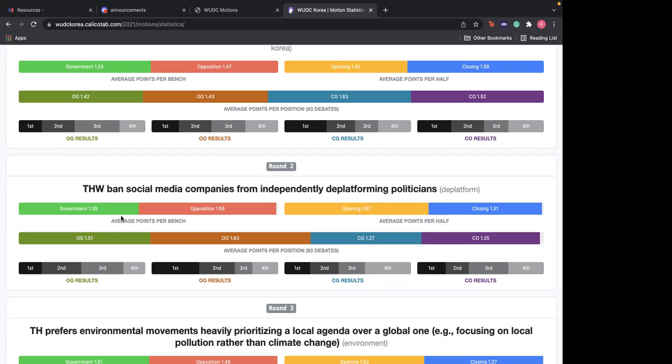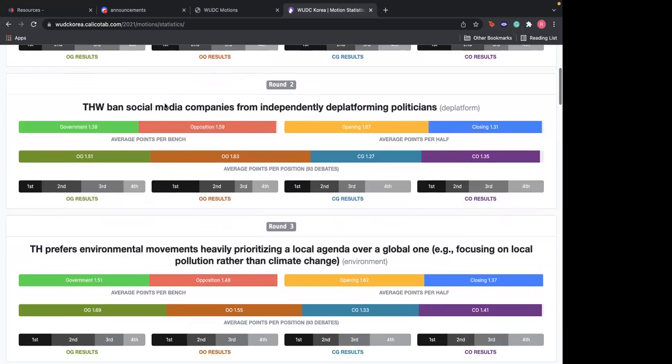So government will argue why it's good for the general public, which is, for example, one body you could talk about, and why this will help them. And opposition will try to argue why this is bad for the general public and why this would particularly harm them. Therefore, that's what this house would motions are, where you as the government want to pass some policy or reject some policy, and you're trying to discuss how it's going to affect other people in the world. And that is what the THW motion is. There's a lot more nuance behind this and a lot more stuff like fiat, but again, that will come in future lectures in terms of advanced argumentation. So don't worry about it right now.